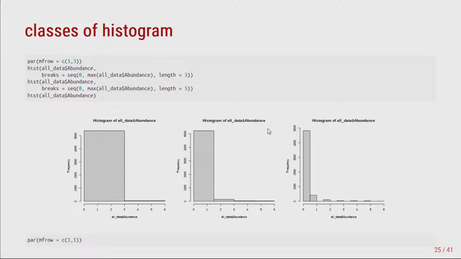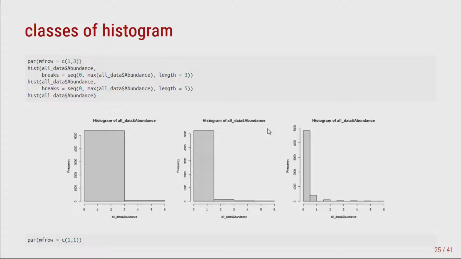So I would have here only 2 bars. If I'm dividing into 5, I would have 4 bars here, and here is the default. It does the ideal distribution, the most recommended way for observing your data, the default here. But we can control that, okay? We'll talk about this command